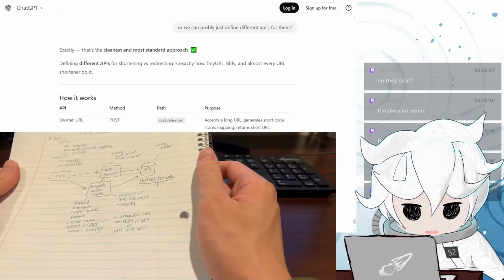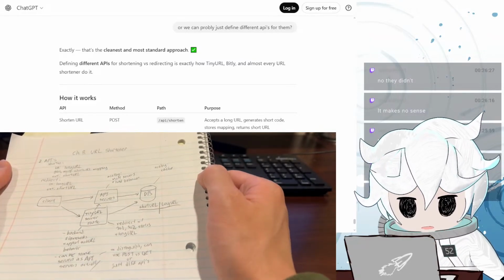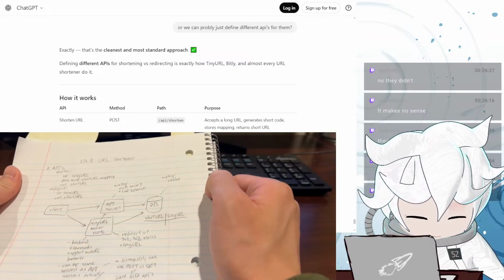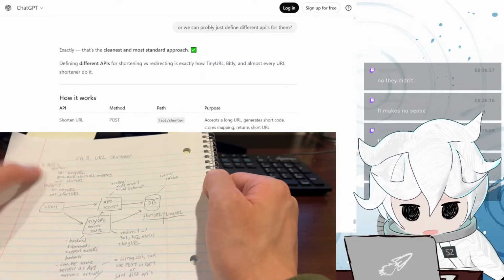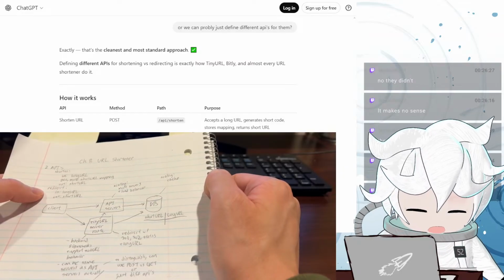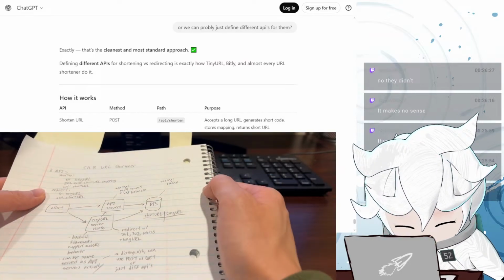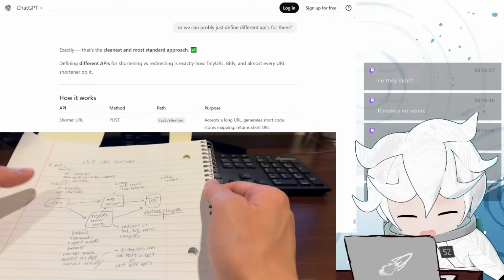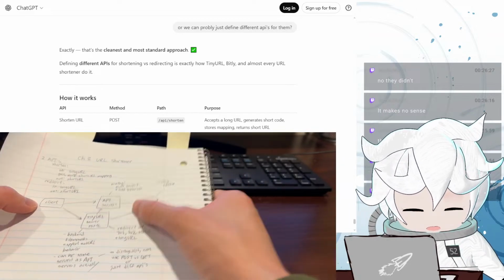Okay, I'm pretty sure we're done. So, URL shortener, two APIs, one to shorten the URL and one to lengthen the URL. So the client can make different API calls for API servers.